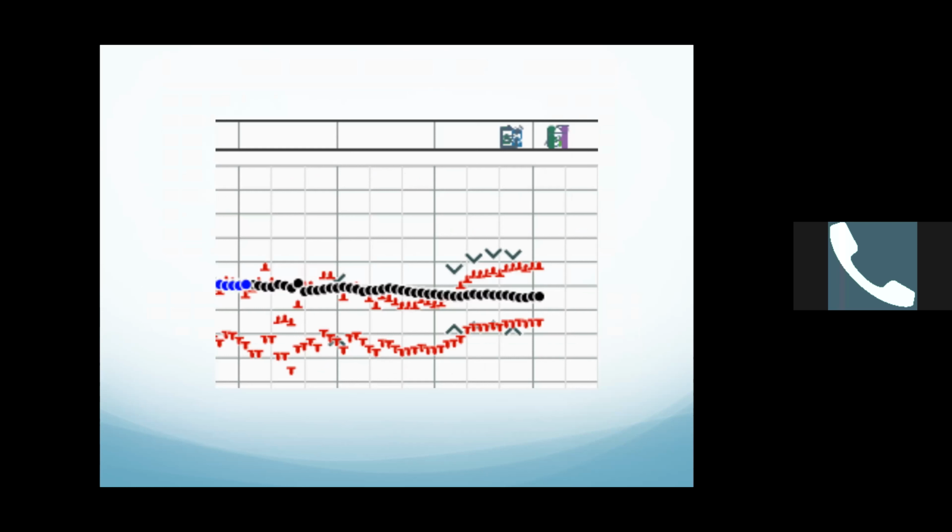At the end of the case, you can see that we're still at a little bit softer pressures. 100 for systolics is where we were running towards the end of the case. And then you see this transition of your heart rate. You can see the blue dots on the left part of the screen transition to black dots. That was the transition of the patient being flipped from a prone position back onto the gurney into a supine